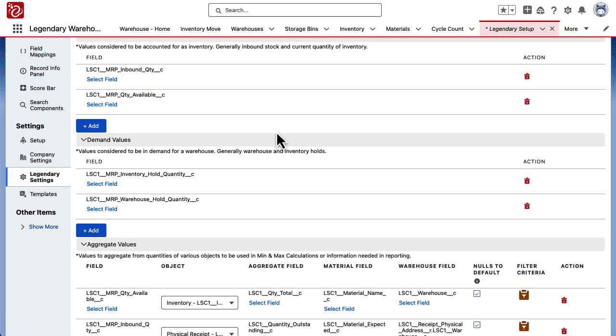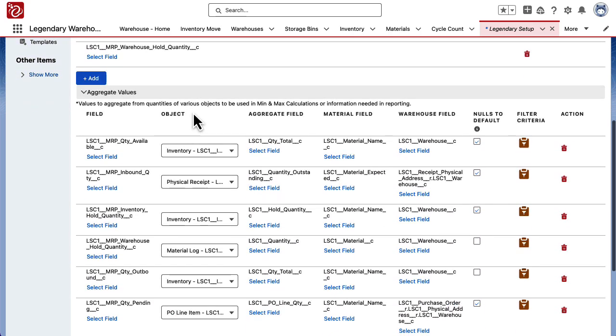In order for that to work, I would need to create a custom field on the warehouse min-max object in order to set that value. And then these aggregates here are what's going to then set those values. So for example, in my MRP quantity